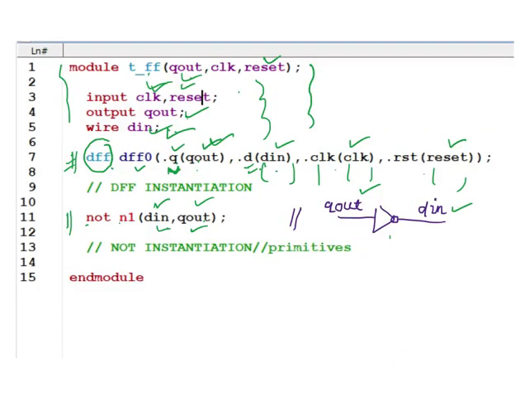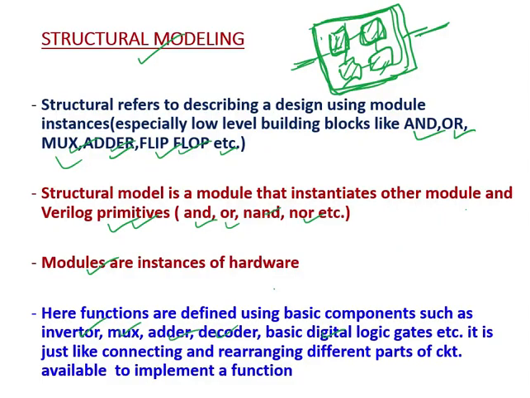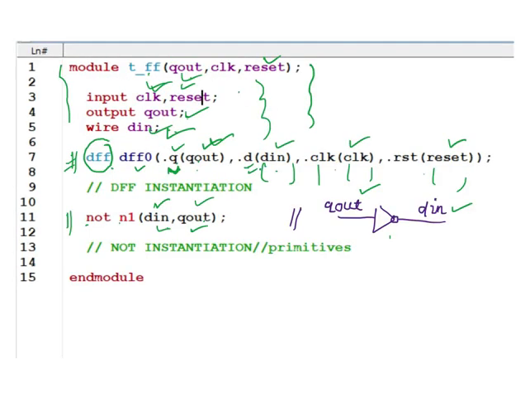If you remember this definition, a structural model is a module that instantiates other modules and Verilog primitives. It means this one: primitives also we can instantiate.